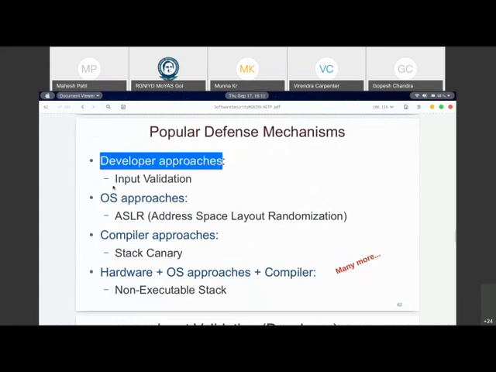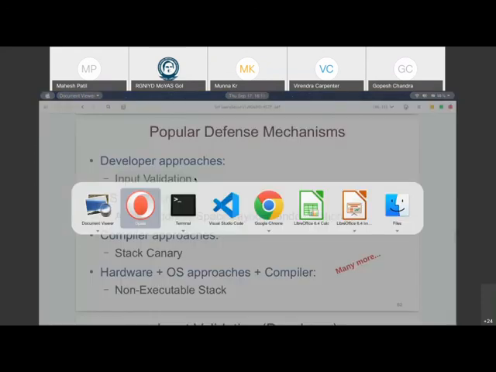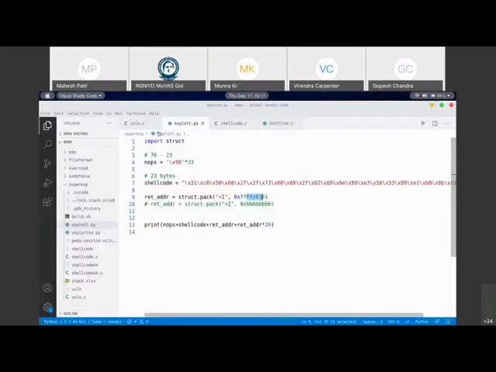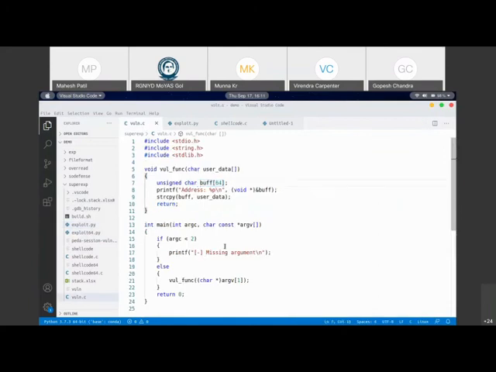So as a developer, we did not do input validation. If you see any of these programs which we wrote now, whatever input is coming as a part of the argument, we are just blindly passing it to the functions and then copying that data blindly inside the buffer. So this is where the problem lies. We are not validating whether the input should be ASCII characters only, or of the size of 10 bytes only, or 12 or 64 bytes in this case. We are just allowing any number of bytes to be written, and that is the buffer overflow concept, right?